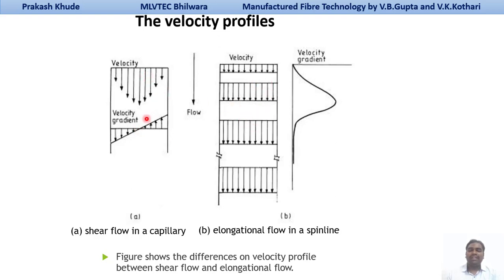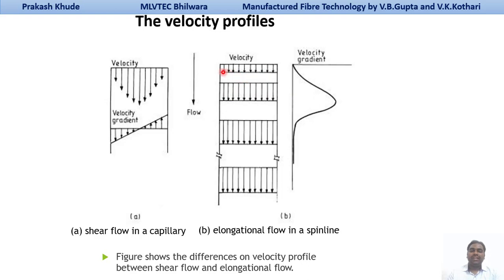If you see inside this capillary, there are boundaries, and the fluid flowing at the center will have a higher velocity as compared to the fluid flowing near the outer periphery, or we can say near the outer boundary of your capillary. So this is the parabolic velocity profile we see when any fluid flows through a capillary. While in the case of elongation flow, the velocity along that particular line of direction